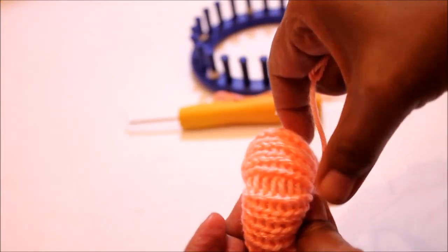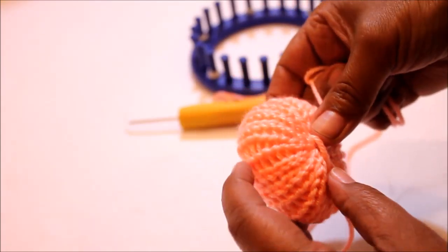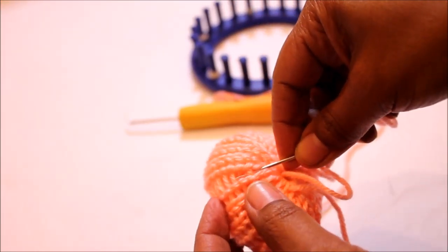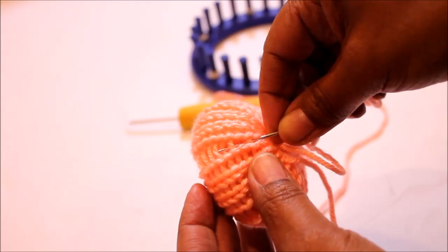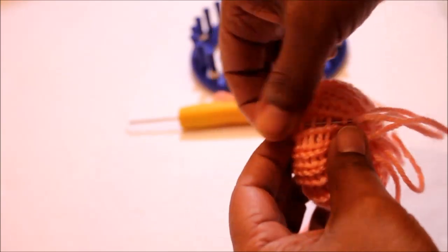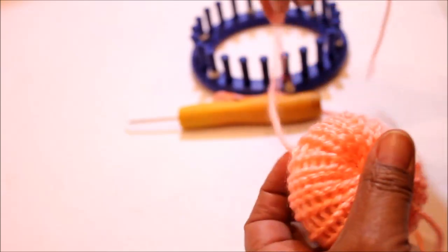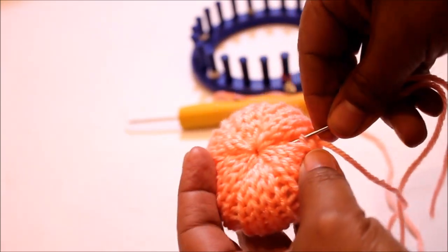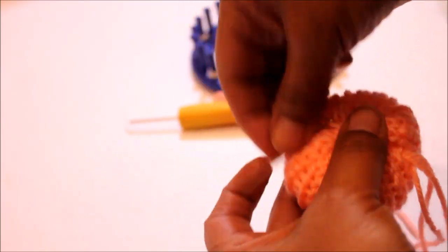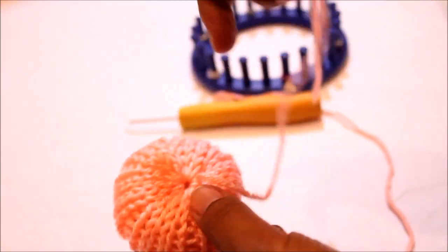Now find one of the sections where you did the purl stitching. Right here you can tell because it's more open than the other one, and you're going to take your needle and bring it in and out. You're going to weave it into that section, so in and out through the stitches, and pull, because we want to push those inward and almost away from the knitted section. So once you've gotten all the way back, pull on your working yarn,